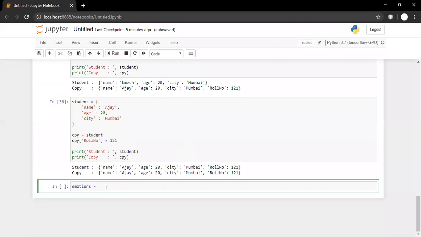By the time Pallav is typing his out, I'll write some other part of code. What Pallav is saying is: I understood the copy function, but why are we using two names with the same object? Two names are used with the same object so that two different people can work on it at the same time, or two different methods can work on it at the same time. In that case, there will be two different meaningful names. For example, Ajay and Ganesh are two different meaningful names. They are not the same names. Who added it? Ajay. Who added it? Ganesh. But they added it on the same object.